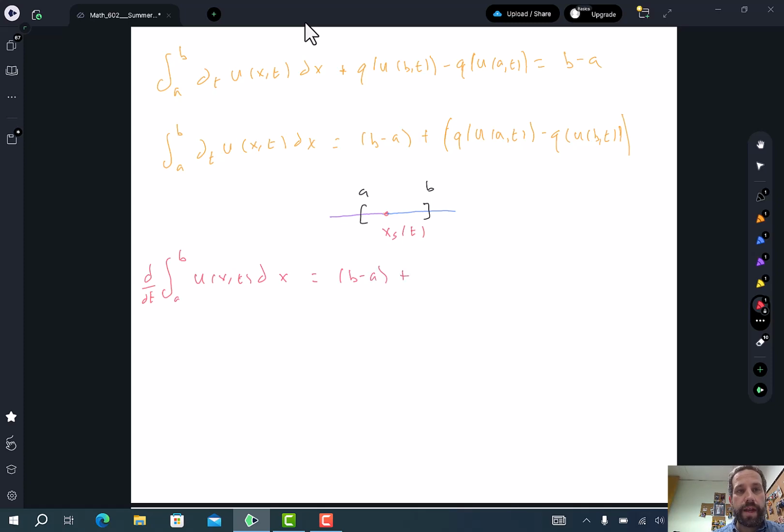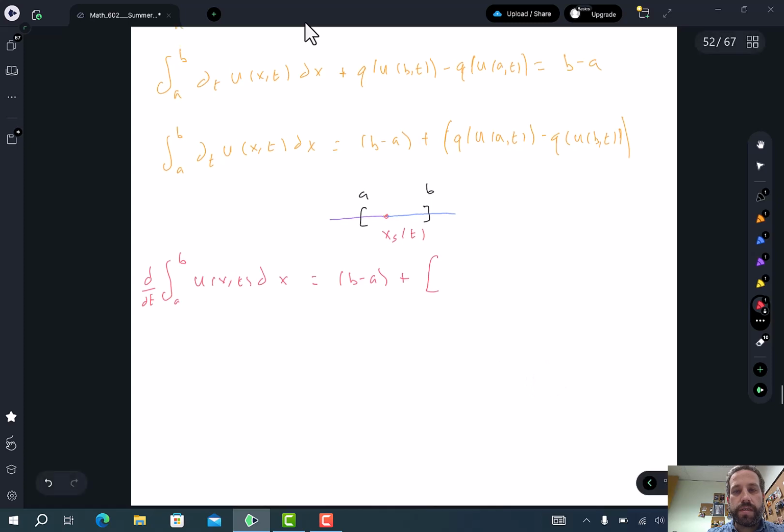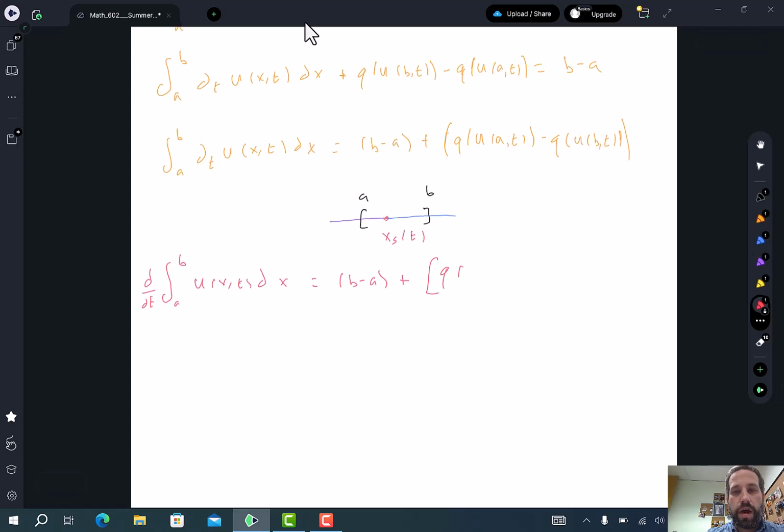Before there wasn't the b minus a term, but here it is. So we're going to assume our solution is satisfying the same shock condition, and this is going to be equal to this plus q of u of (a,t)